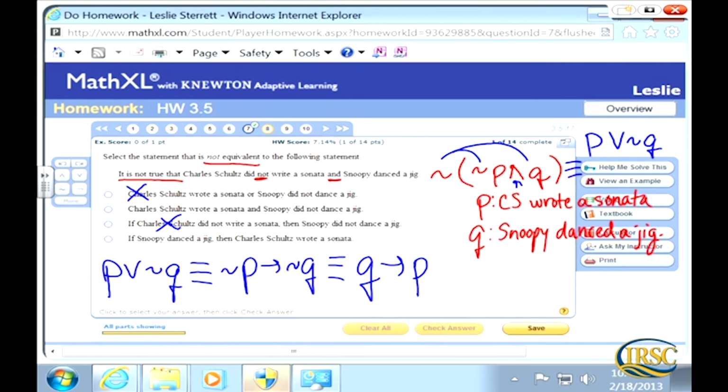The contrapositive of that if-then is going to be equivalent. So this would be if Snoopy danced a jig, then Charles Schulz wrote a sonata. Is that one of my choices? Yeah, that's the last choice. So I eliminated all the ones that I know are equivalent, which leaves me the actual answer